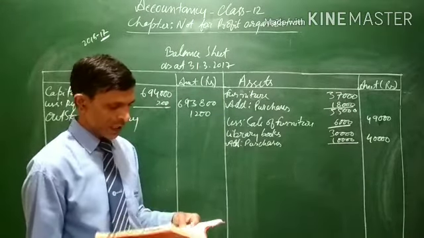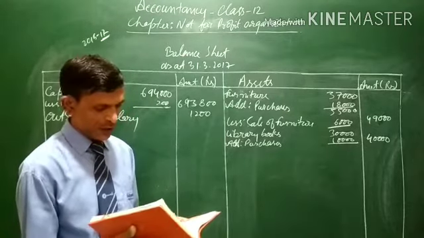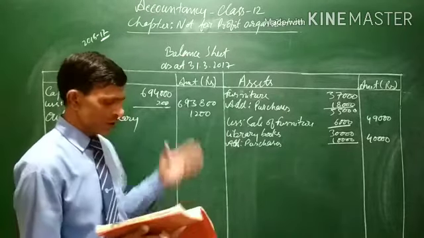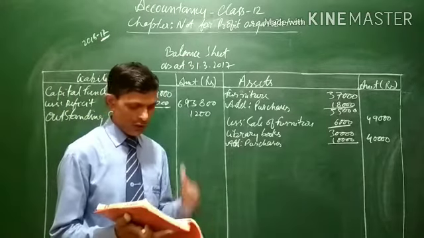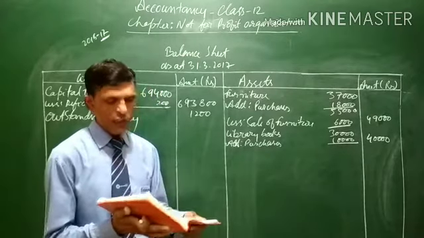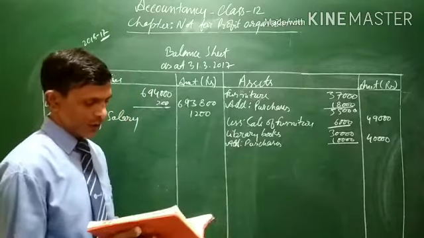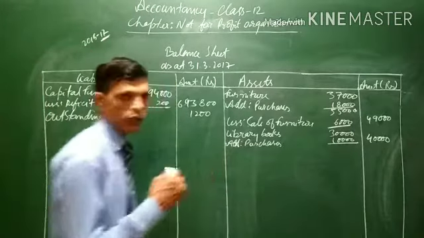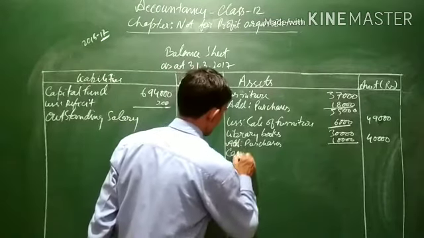Next is furniture, we have already read. Salaries, on the payment side you can see the salaries. General expenses, electricity, newspaper, postage, audit fees, all these things are related with revenue expenditure. Lastly, it is mentioned the balance carried out, that is cash of rupees 33,000. This is the balance of cash at the end of the year, mentioned in the payment side of the receipt and payment account.